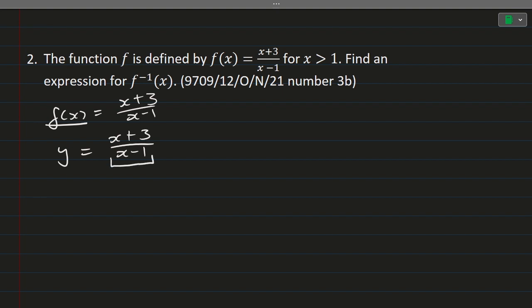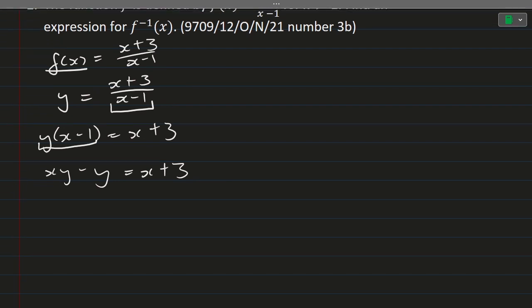We do that by multiplying both sides by x minus 1. So it becomes y times x minus 1 is equal to x plus 3. We expand this bracket, becomes xy minus y is equal to x plus 3. Again, remember that we're trying to make x the subject of the formula, so put all the terms with x